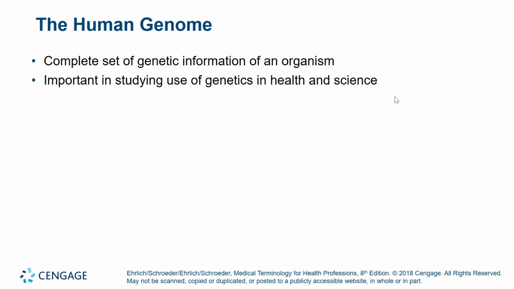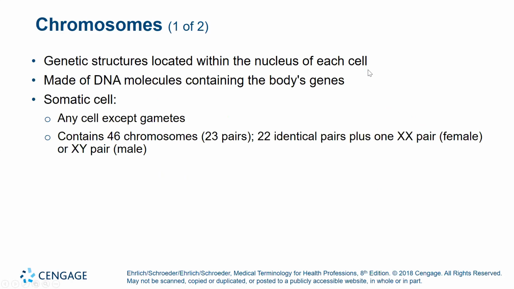The human genome is a complete set of genetic information of an organism. It's important in studying the use of genetics in health and science. We have chromosomes, a genetic structure located within the nucleus of each cell, made up of DNA molecules containing the body's genes. Somatic cell